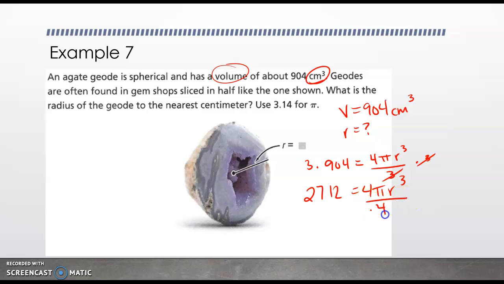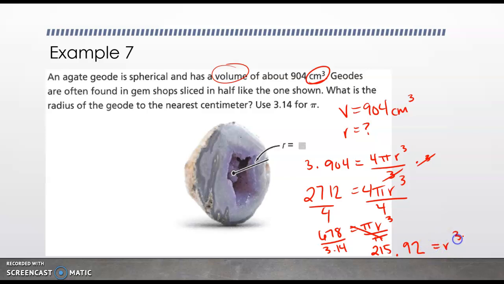Honestly, I think it's easier to divide by 4. So we're going to divide that by 4. And we get 678 equals pi r cubed. Now I'm going to divide by that pi. So I'm going to technically divide by 3.14. That divided by 3.14 is a really long decimal, but I will truncate it. So 215.92